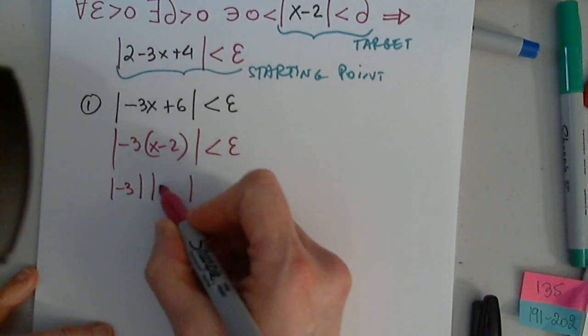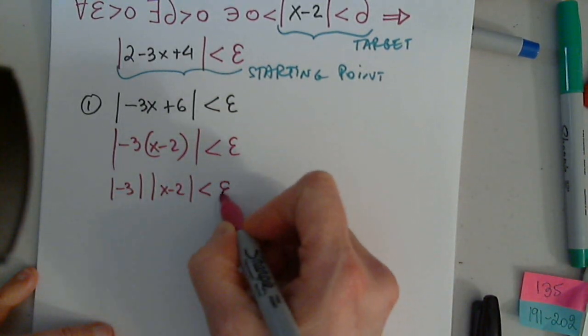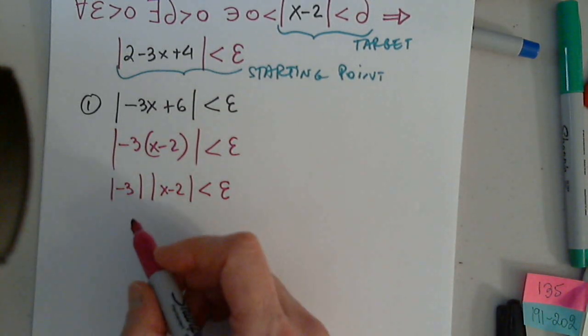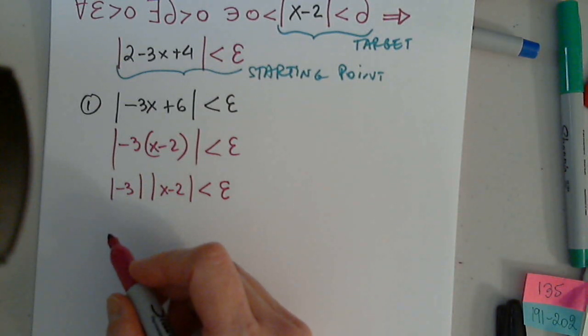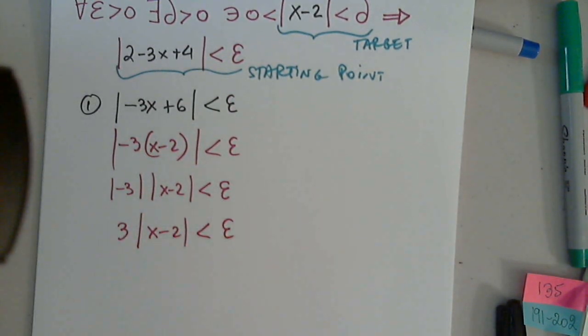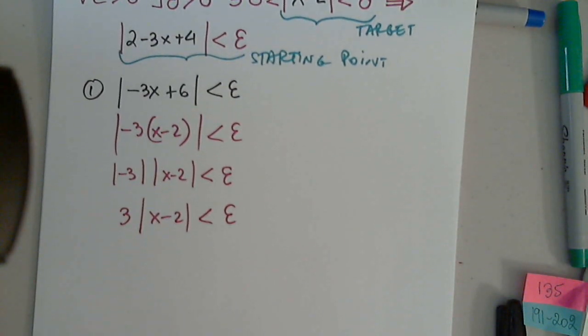And another absolute value is going to be... Excellent. Perfect. Next step. We can have a -3, then absolute value x minus 2. It's going to be 3 because... very good. And then the final answer is going to be